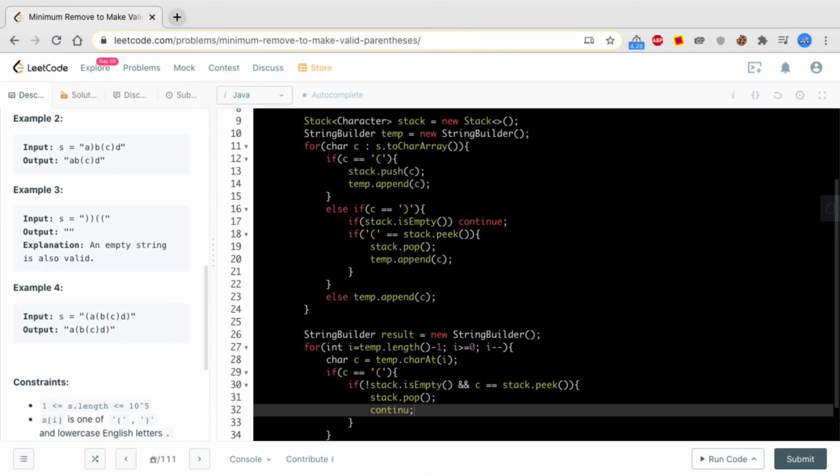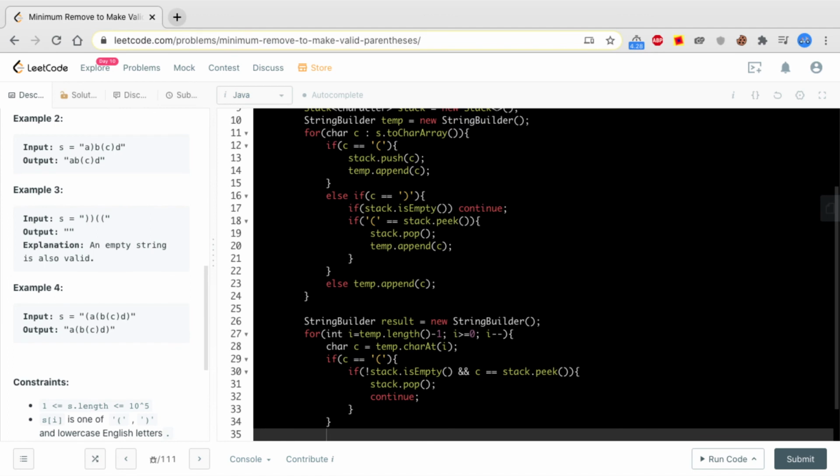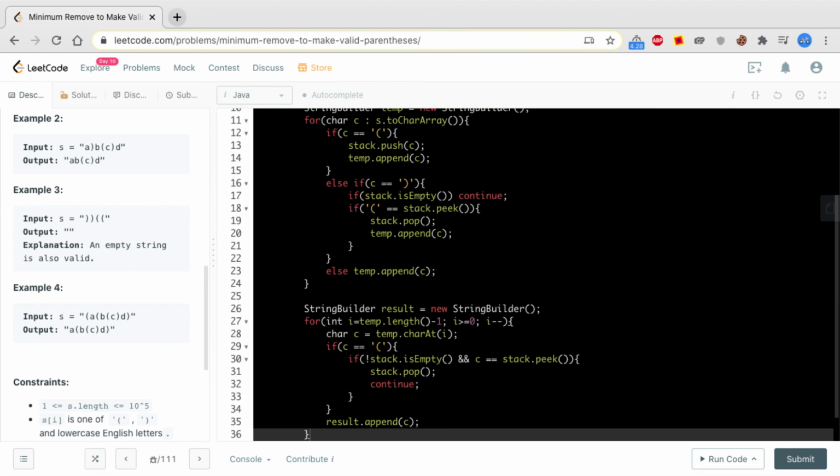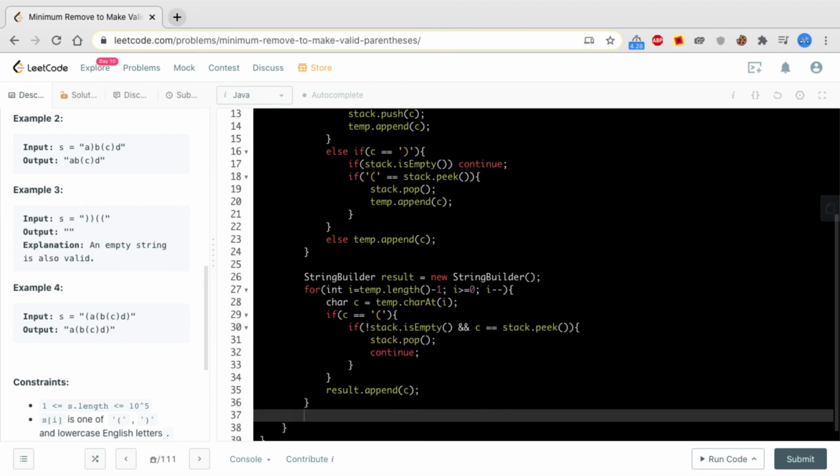That is what we are looking for. And if this condition is not met, then we will simply append everything onto the result.